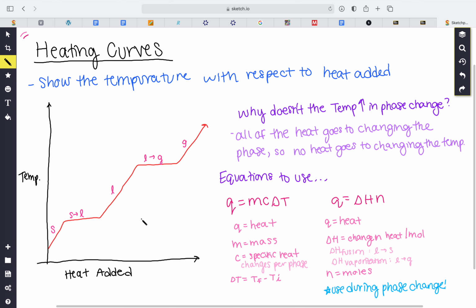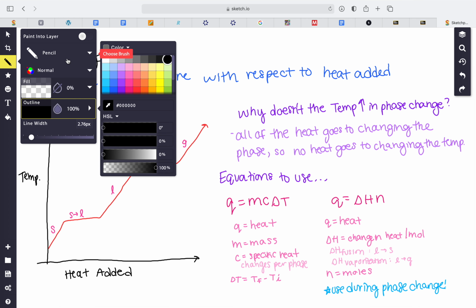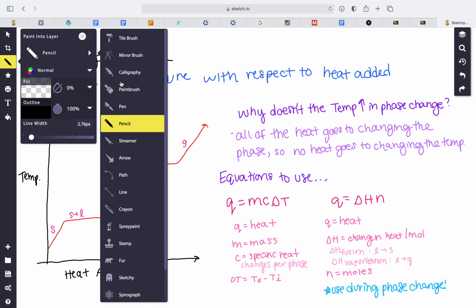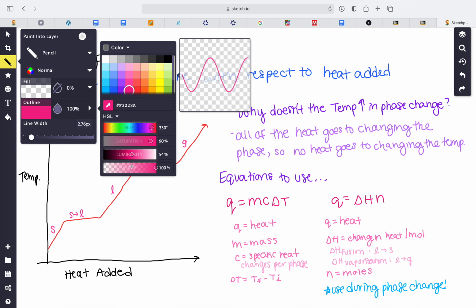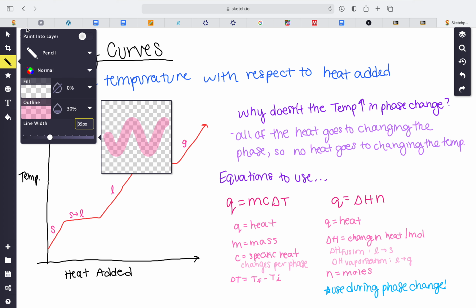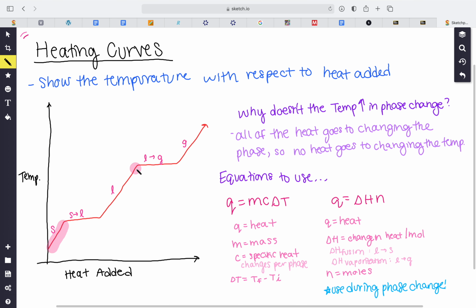What these different slopes mean is this: let's just say the slope of this is 1 or something. Either way, if it has an incline and the temperature is increasing, that's where our phases are occurring. That's where we have our solid, our liquid, and our gas. In these spots, I'll highlight them. I don't see a highlighter, so I'll make a highlighter. Okay, so in this phase, and in this phase, and in this phase,